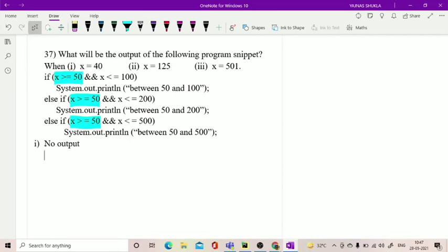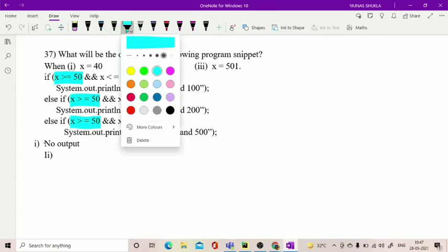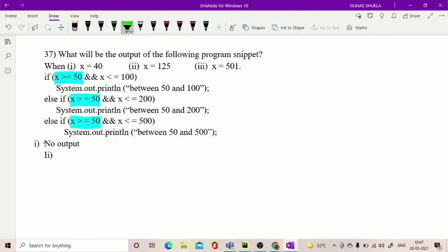The second value is 125. So let's see for 125. 125 is greater than 50 is true, and 125 is less than 100 is false.